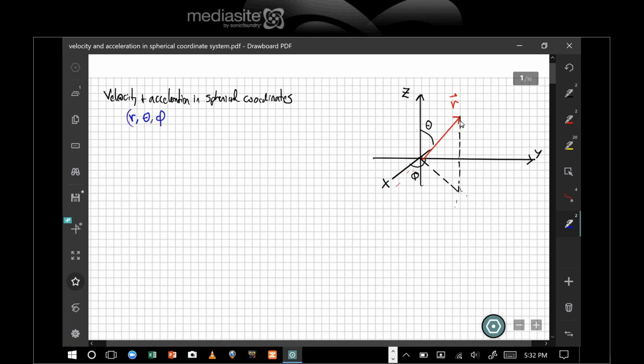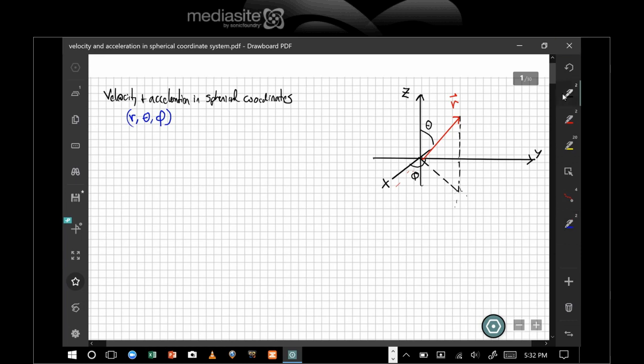In general, for points, R is the distance from the origin to the point in space. Theta is an angle with respect to the z-axis, and phi is called the azimuthal angle, and that is in the xy plane. That's what I'm showing you here. A position vector is quite simple in a Cartesian, and in a spherical coordinate system,